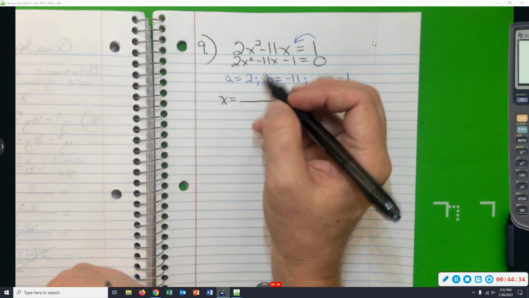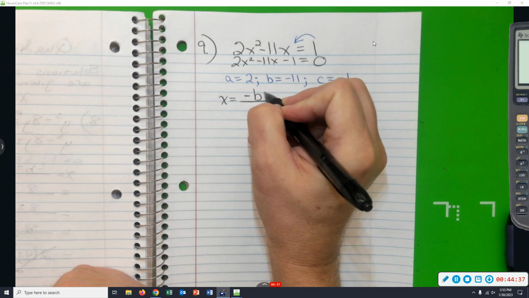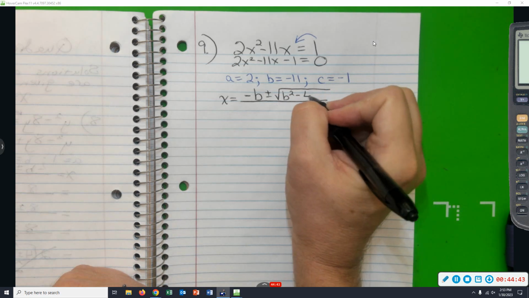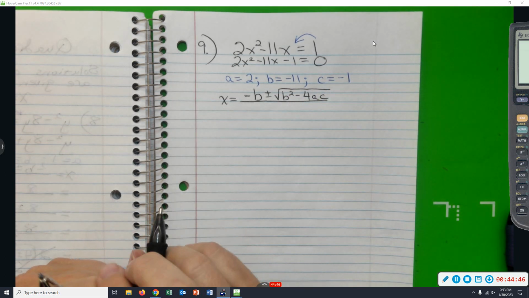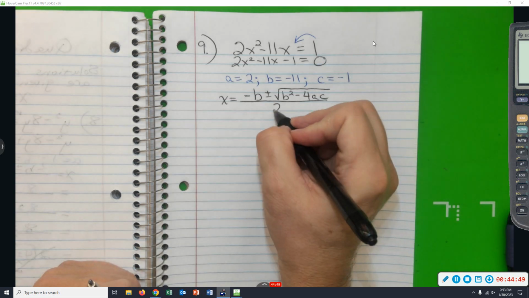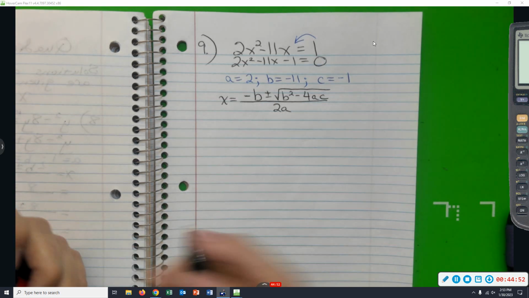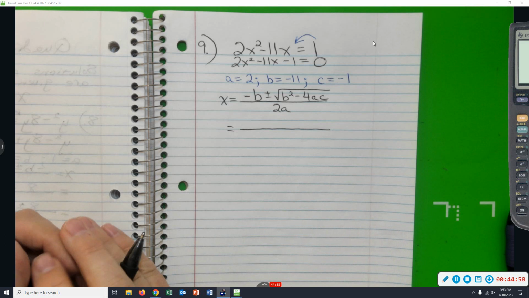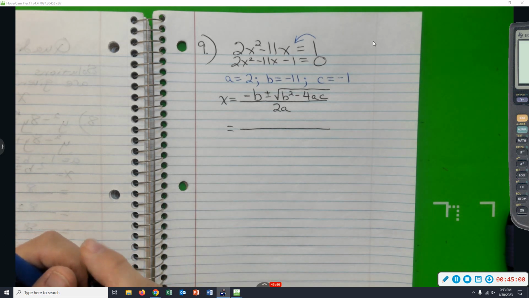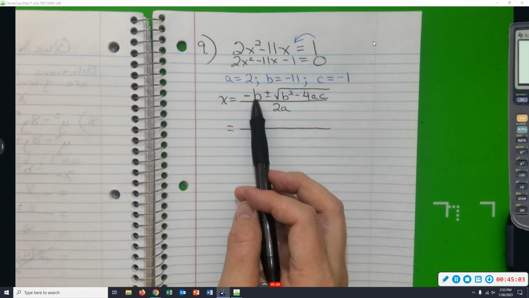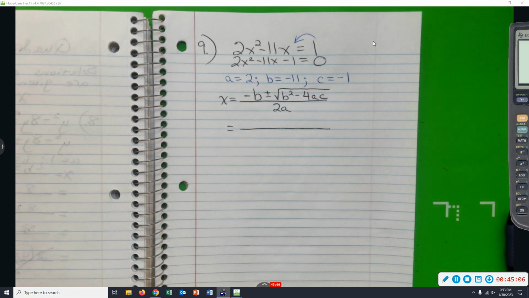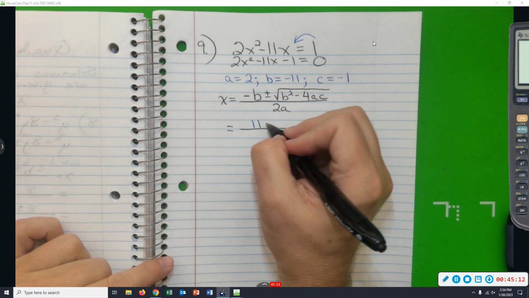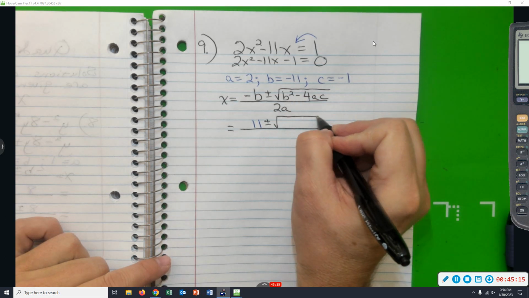Okay, I'm rewriting the quadratic formula. The opposite of b plus or minus the square root of b squared minus 4 times a times c all over 2 times a. So let's start making the substitutions. The opposite of b, the opposite of negative 11 is positive 11, plus or minus the square root of